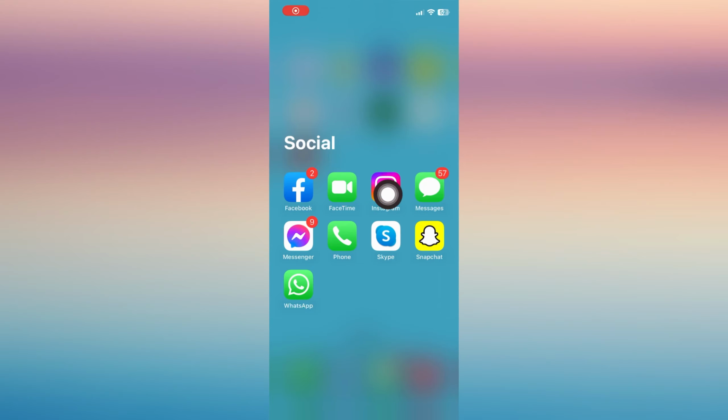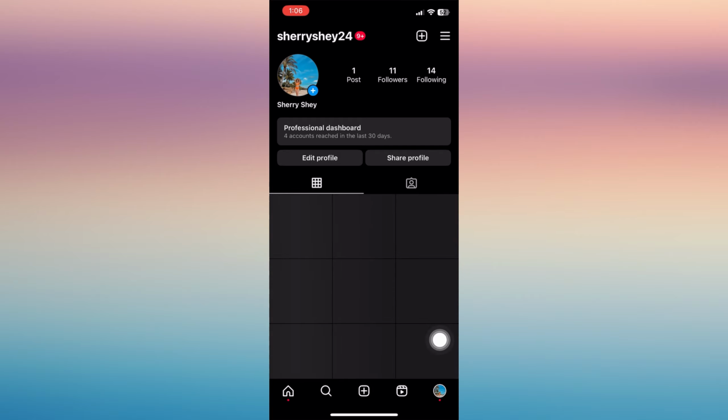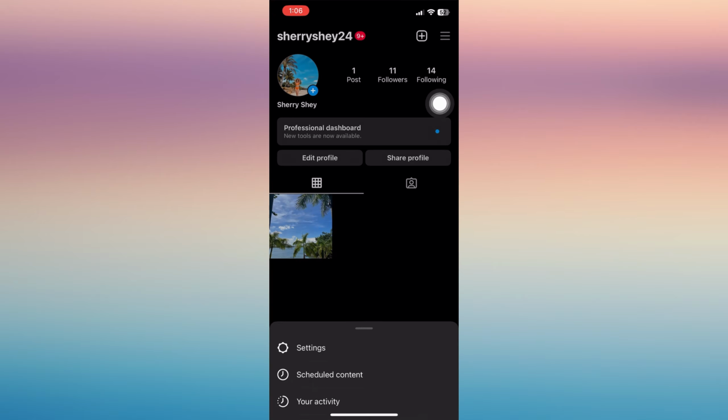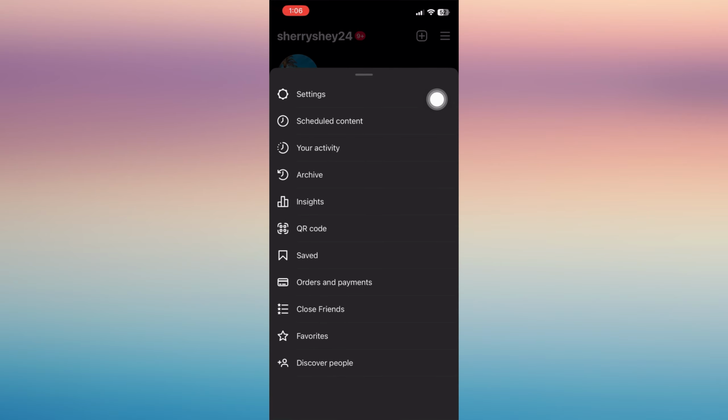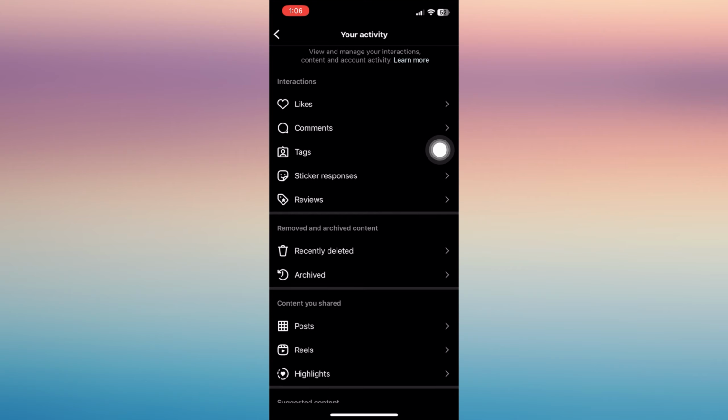Hi, in this video, I'm going to show you how to recover deleted messages on Instagram. First is to tap your profile icon and tap the three horizontal lines, and then you can see there, tap settings. Now, once already on your activity, you can also check here on your activity and you can tap on